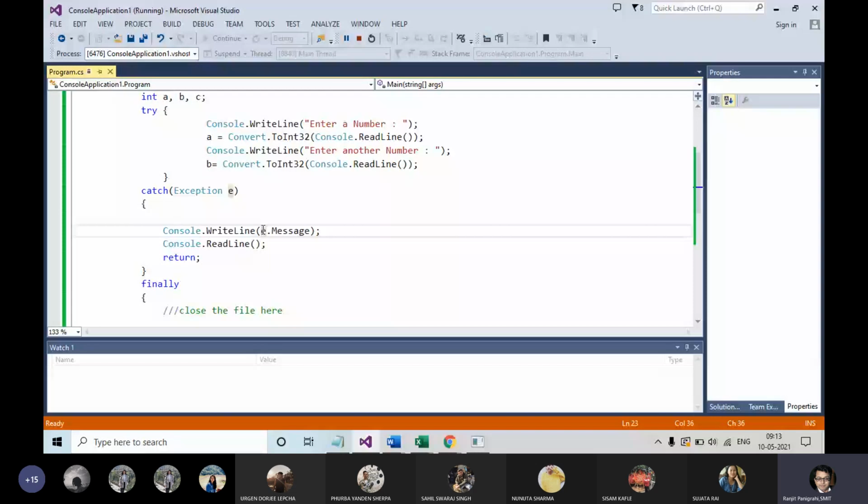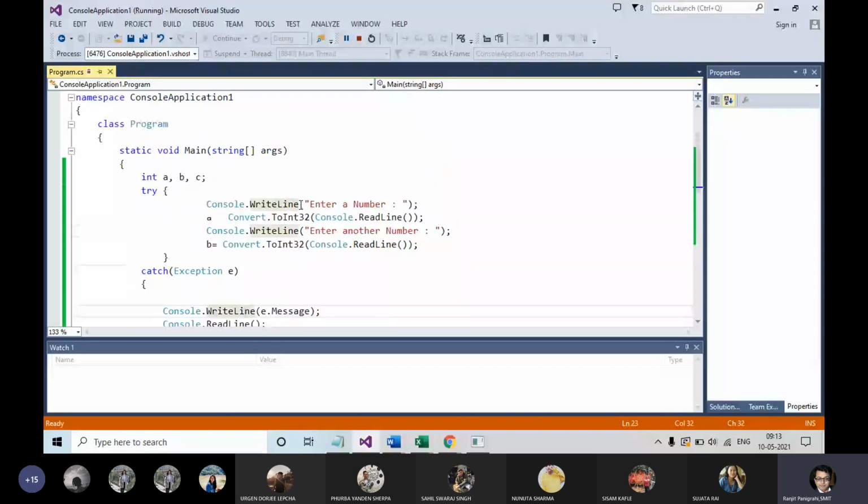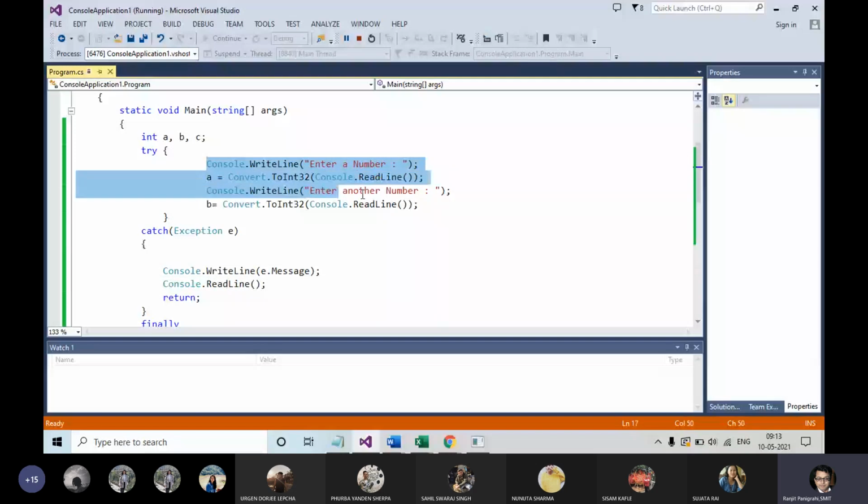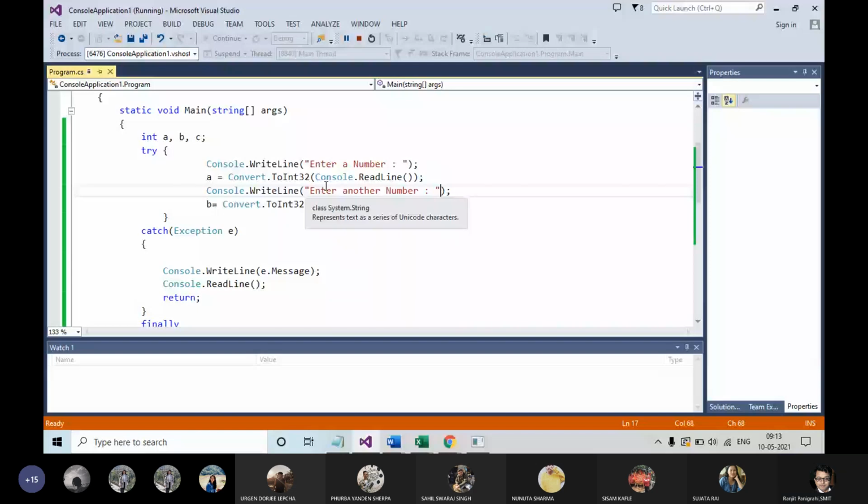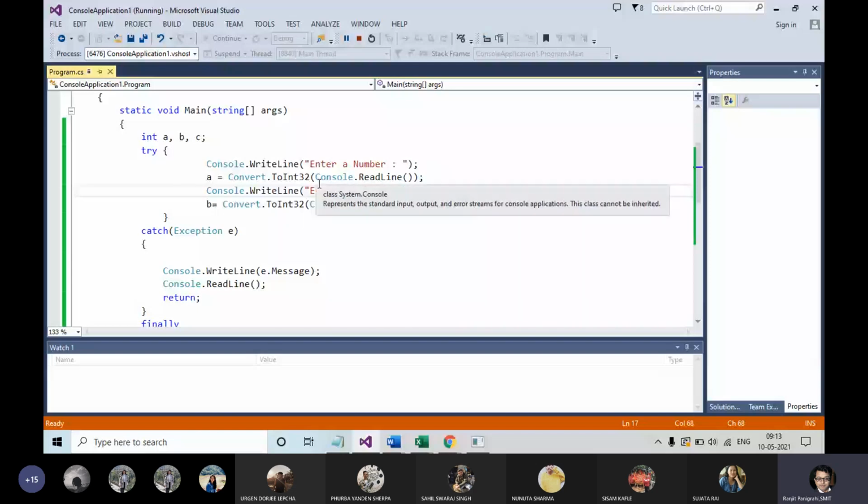So how did it happen? Whenever it finds an error over here, just like you are entering this, whereas it was asking for a number, you have entered some string, isn't it? So immediately it has created an exception object, and that object has been thrown out.